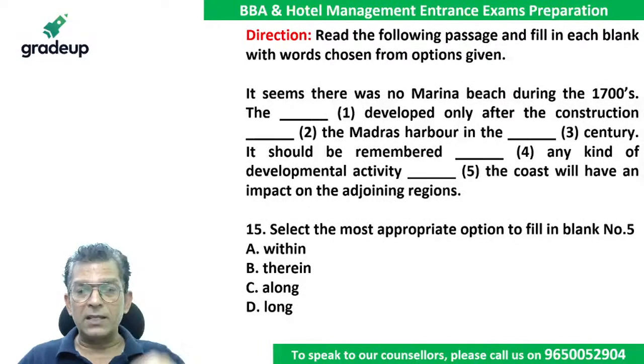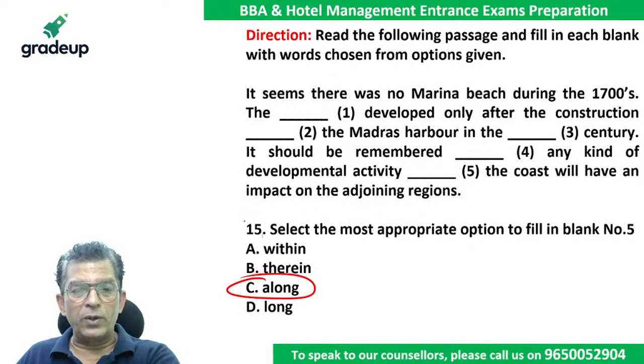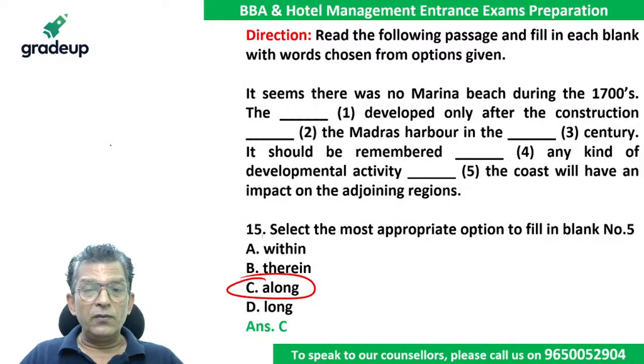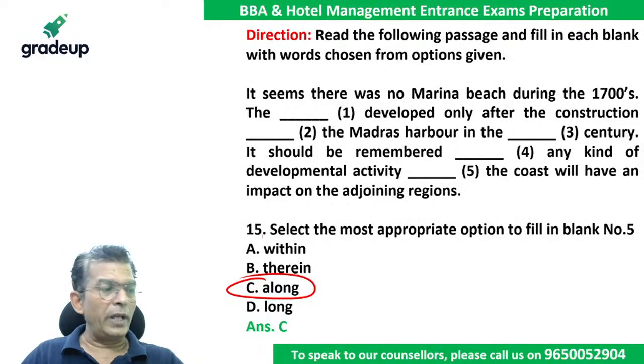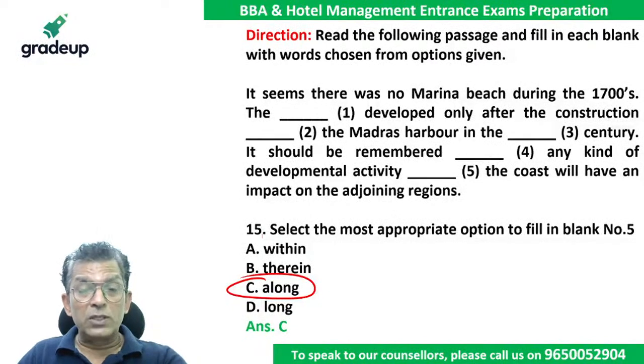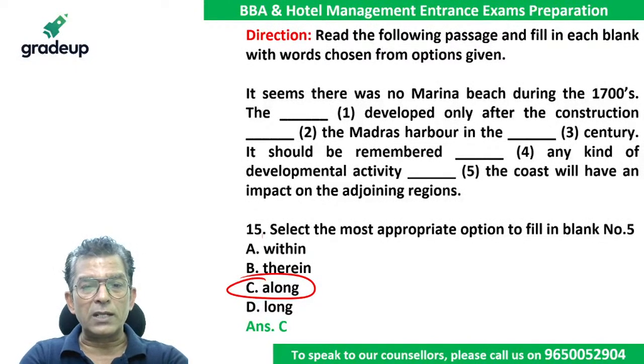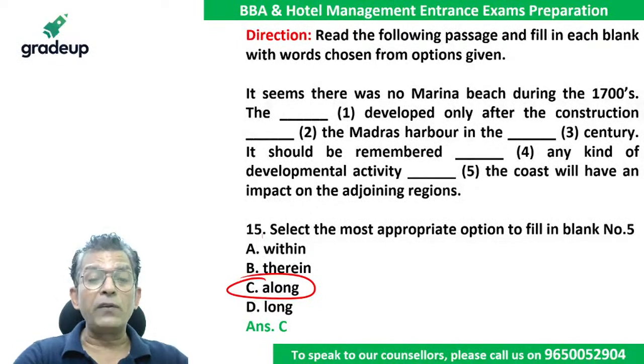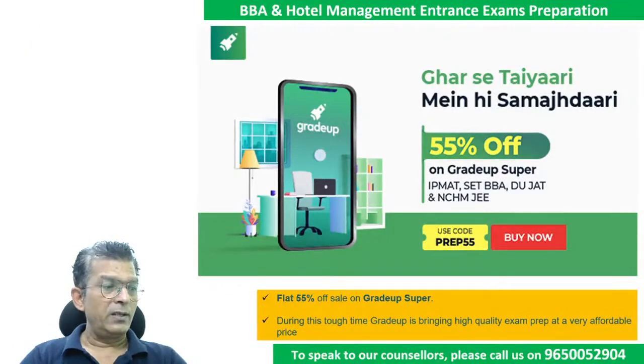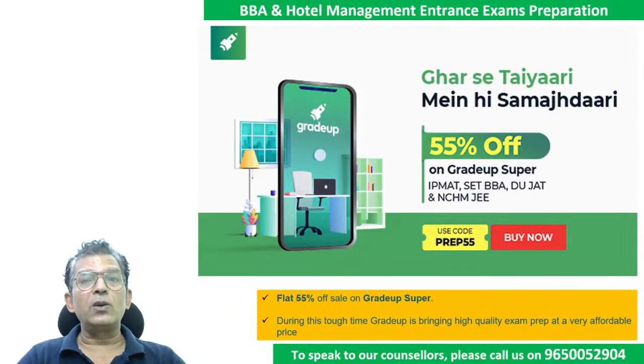वेरी गुड, द आंसर इज along, वेरी गुड, along the coast। okay, we are looking for the answer along the coast, very good। along the coast का मतलब साथ साथ में चलना, will have an impact on the adjoining areas। हो गया, ओके। तो दिस इज हाउ वी गो अबाउट, how we go about doing cloze tests। okay, cloze tests are pretty easy। okay, as soon as we understand how to go about cloze test करना तो बहुत आसान है, only if you know you are looking for clues along the way।